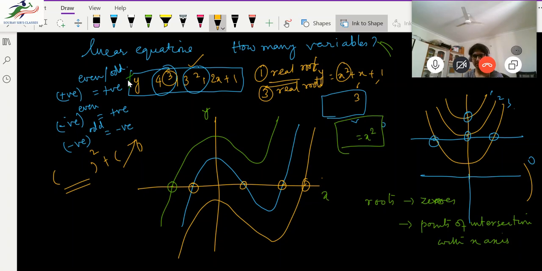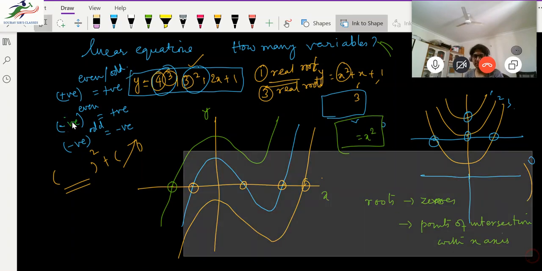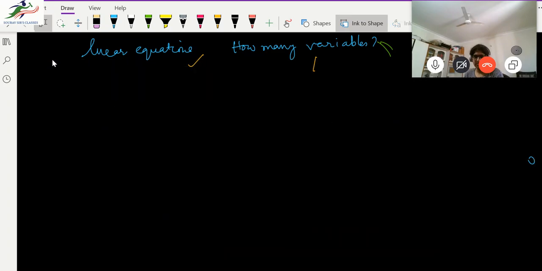But how will we realize how the graph will look, like the curves you've made and the places where it's touching? How will we realize what the roots are and how the graph will look? Correct. So that will depend on the coefficients, right? Let me clear this. So again,